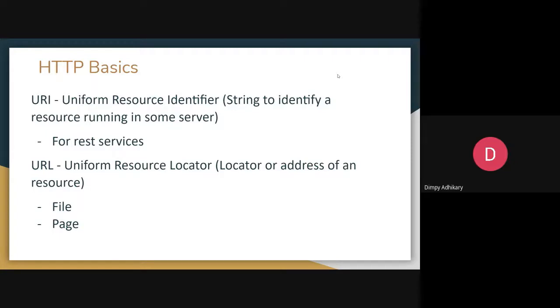So it can be the address of a file or any images. It can be the address of your CSS file, or maybe some HTML file, JS file, or whatever images you are using in your web application, right? So it can be any locator or address, right? And it basically points to a physical address where